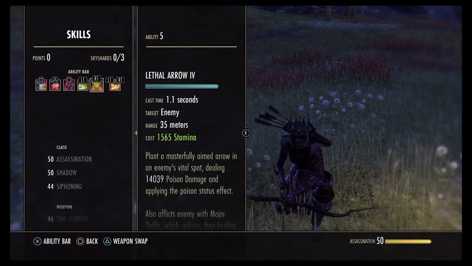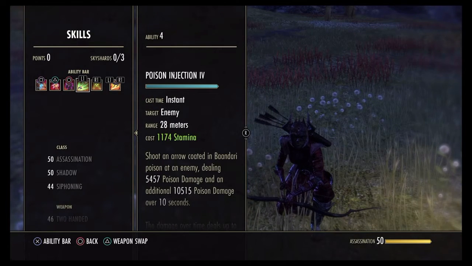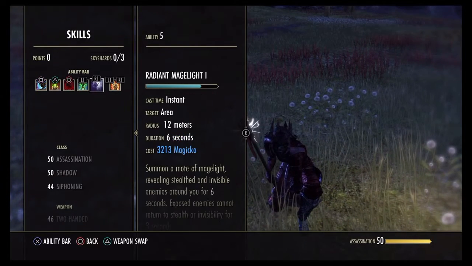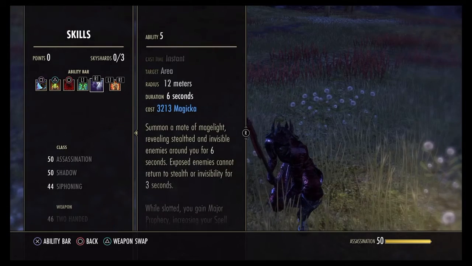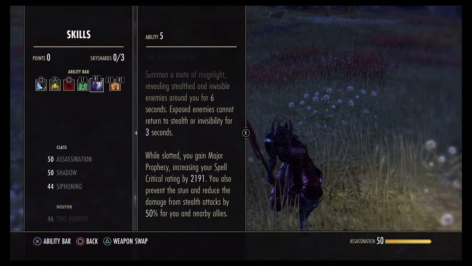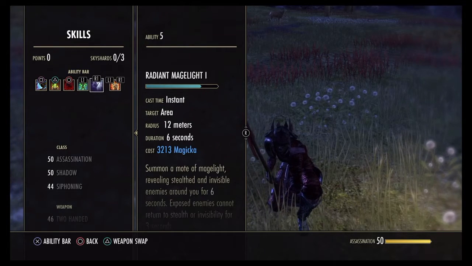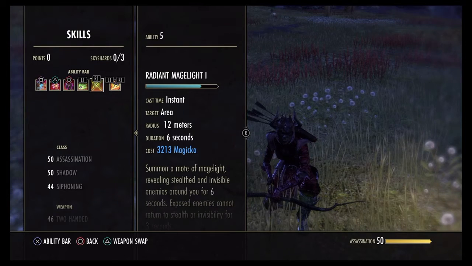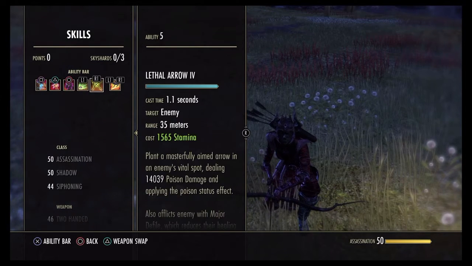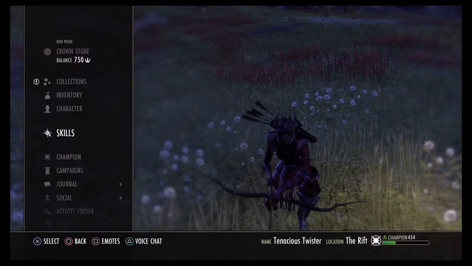The difference we did on the skill setup is we changed the lethal arrow, went back to poison injection, kept everything else the same, except I did swap over to radiant mage lot. I do like the anti-gank thing from that, and went with warhorn. So basically, the people you're one-shotting and two-shotting, you're already one-shotting and two-shotting them still, but now on my weapon, you've seen earlier that